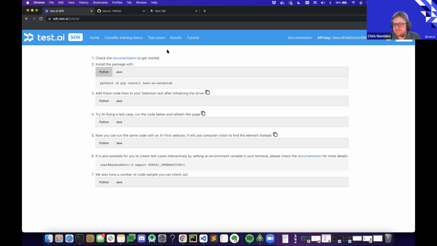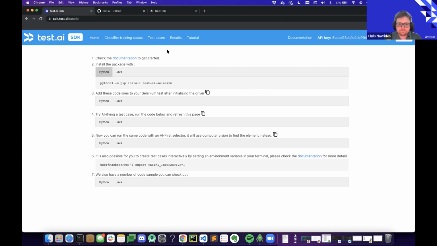But it's on a roadmap that I'll be showing off, and we will be adding API support. So you can add this in if you have existing automation, or it's on the roadmap to add in Windows automation, because again, it's image-based. So we don't care if it's a phone, a tablet, a web page, a Windows or Mac application, heck, even an Xbox. We can do all of that. And so we do a lot of those today with the Test AI Carbon. It's our download edition for our no-code, low-code solution, but the SDK is just coming out, so we're working to get feature parity on that.